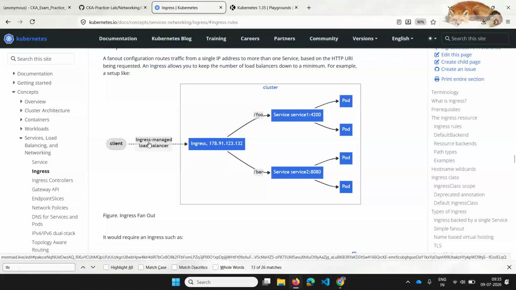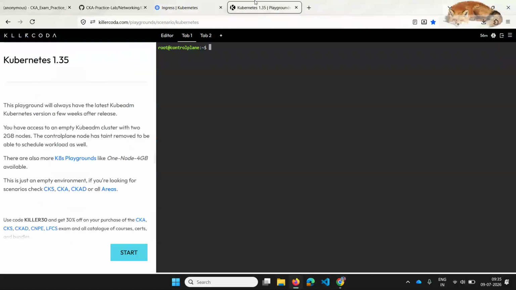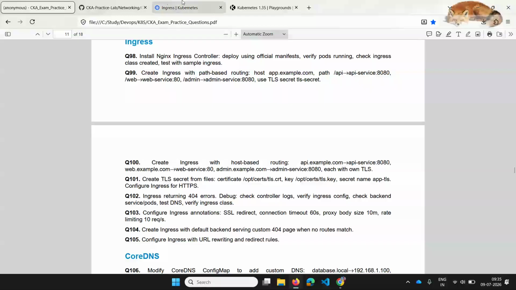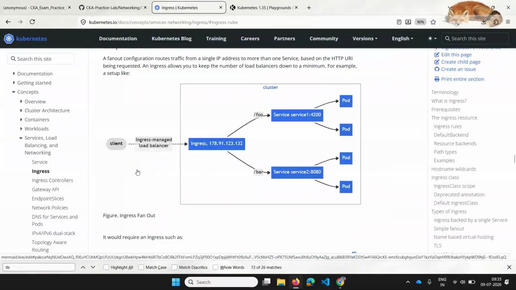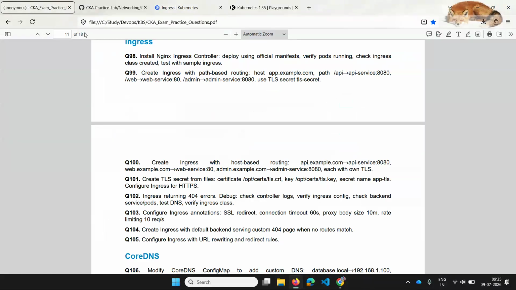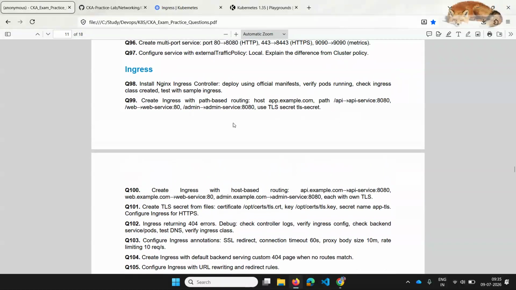And for this Ingress controller, there will be a load balancer or a node port which the client can access directly with that host and the port. Yesterday we saw which port and which host it can access. That way you can create a single load balancer and single external IP instead of multiple external IPs for multiple load balancers. We already knew all those concepts, and now we will see